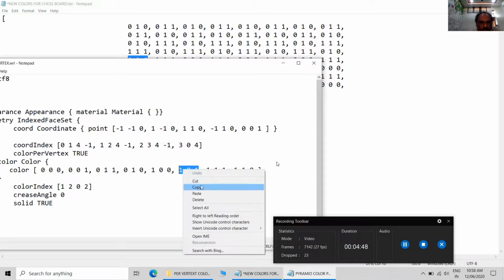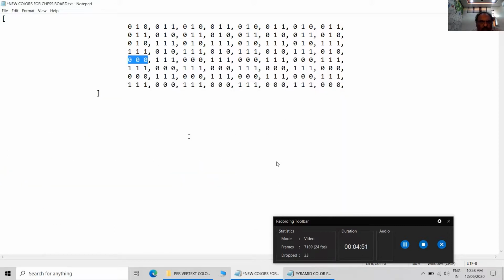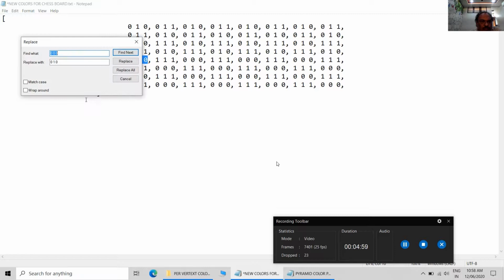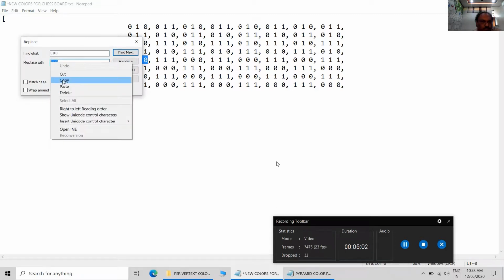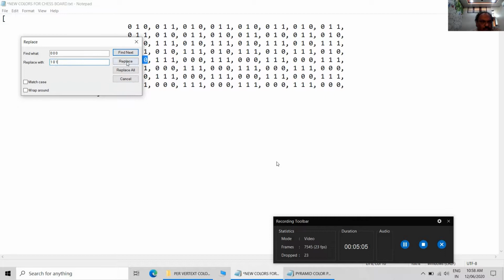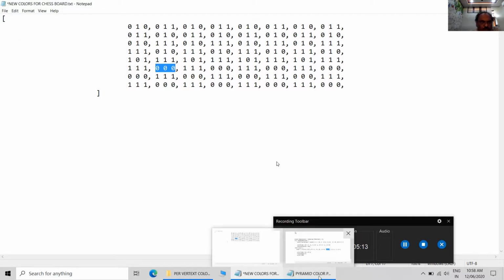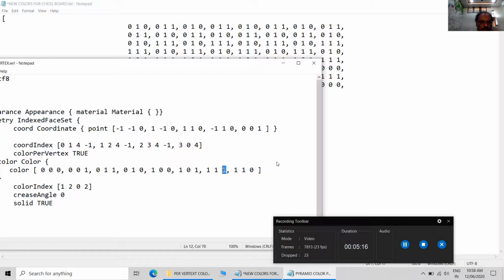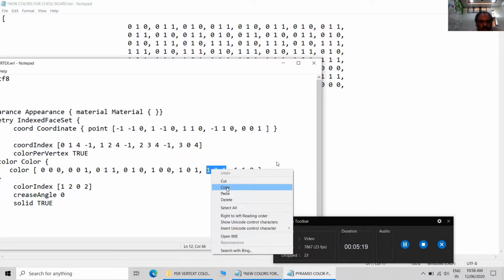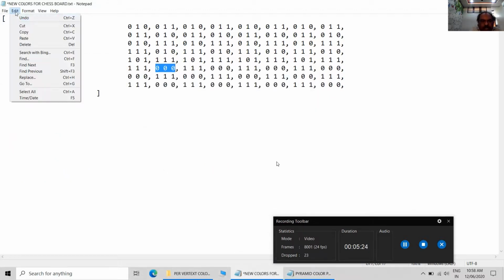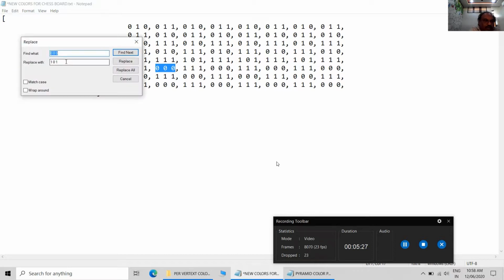Then this is another color, 101. And this is not actually required because this is a white color, basically already present.